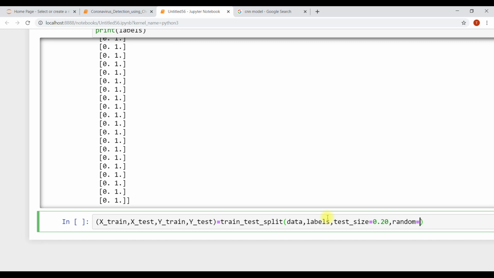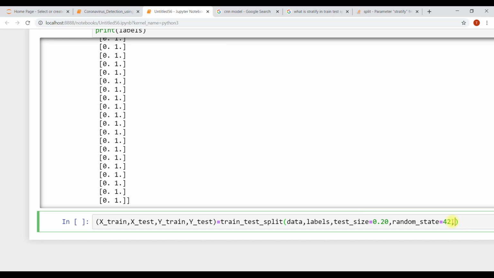Random state is just 42. You can choose any number; it's just a number. Random state 42 doesn't mean anything, it should just be non-zero. If it is zero, then every time you run this line, it will show you the same value. And if you use a non-zero value, let's say 42, 1, or 10, it will show you different training data and testing data every time. Okay, it will shuffle as fresh data.